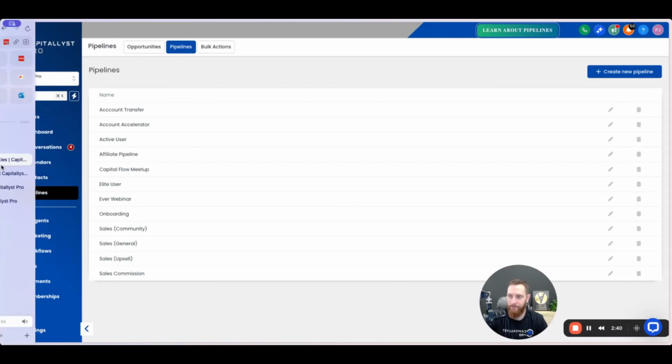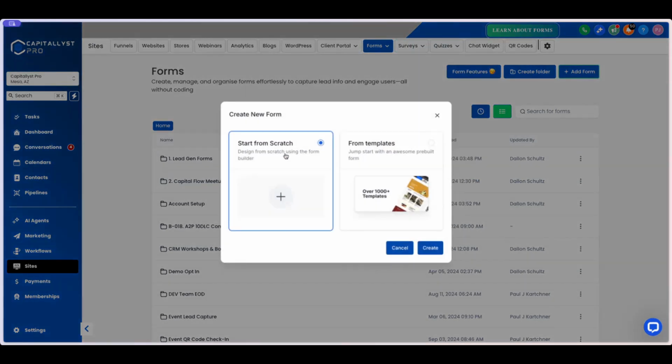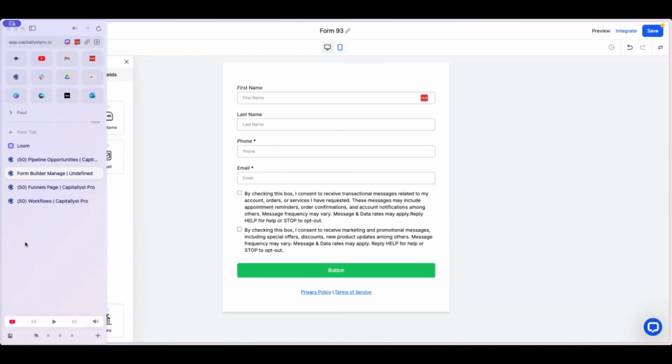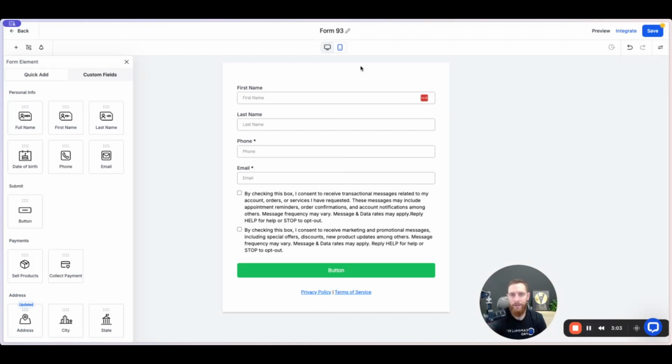Okay, so once we save that, so once we have our pipeline created, let's go in and let's create a form. Okay, so let's go into sites in Capitallyst Pro up here in forms, and we want to add a new form. We'll start from scratch. Okay, so now that we're in the form builder, this is what it's going to look like automatically. So it's actually really, really good. We're going to put retirement